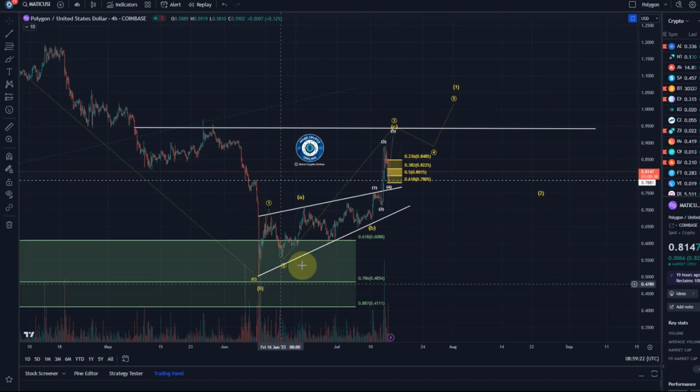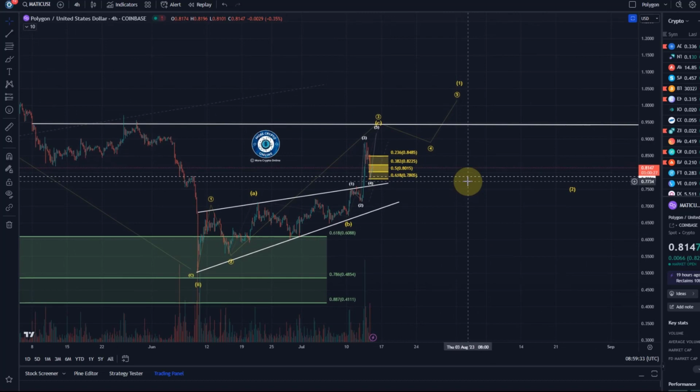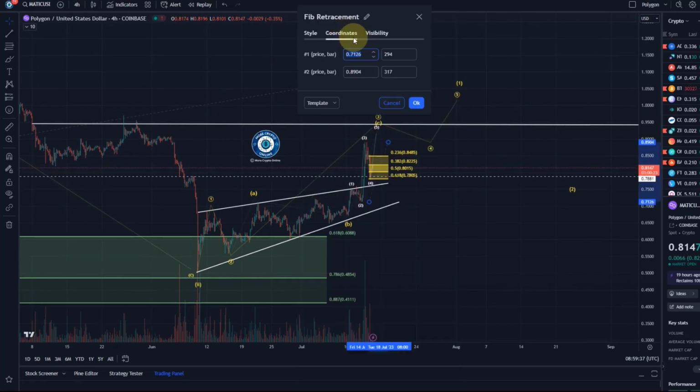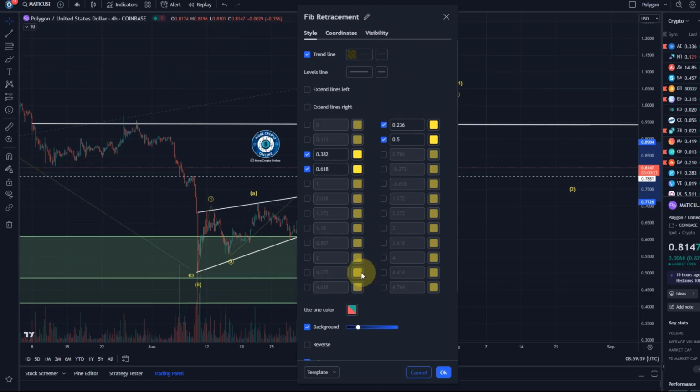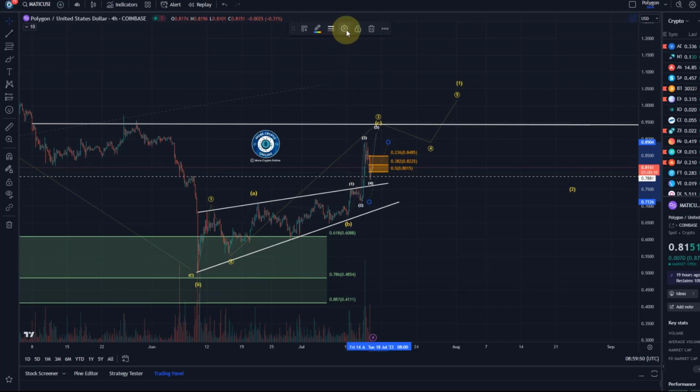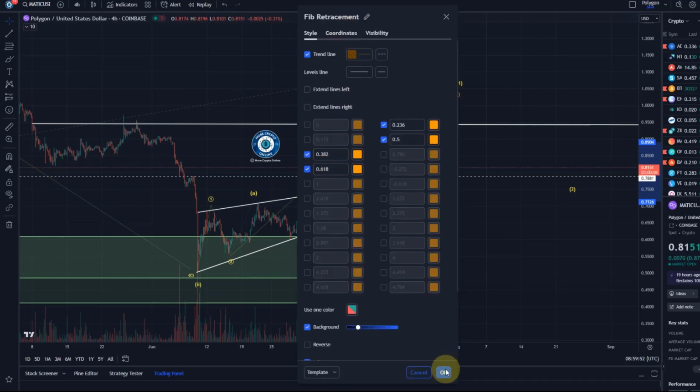This was a green one, which implies higher confidence. This one here is less confidence due to the corrective nature. Maybe I should have put that in orange, but it is what it is now. Or maybe I'll do that now just to highlight, especially because it pulled back so deep. It's a bit of a subjective assessment, you know, but what I want to highlight with these is that when you deal